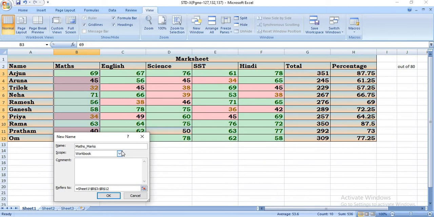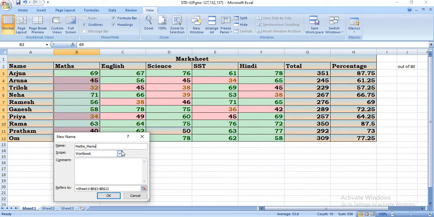If you want to write 2 words, there are some naming conventions for named ranges. You have to join the 2 words with the help of an underscore.